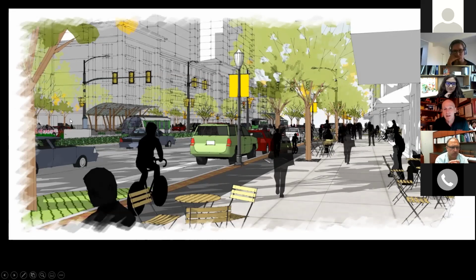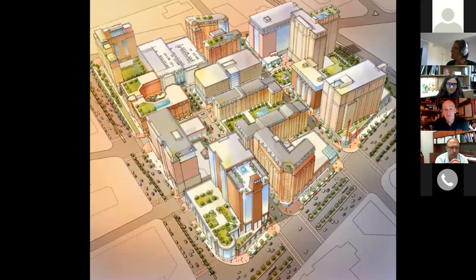And interestingly, the neighborhoods around this area fought us tooth and nail at the beginning because they feared more density would bring more traffic. But they learned that a lot of those folks are getting older. They're not going to be able to drive. They want to find services and housing options nearby so they can stay in their own community. And they didn't have those housing options. So with this increase in density, they'll have the housing options.